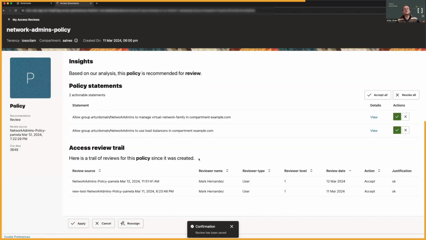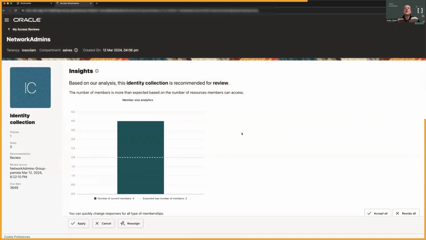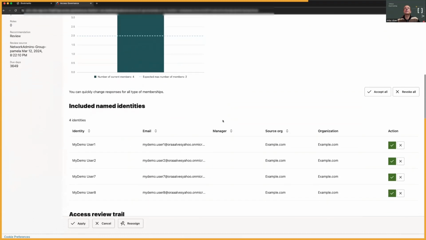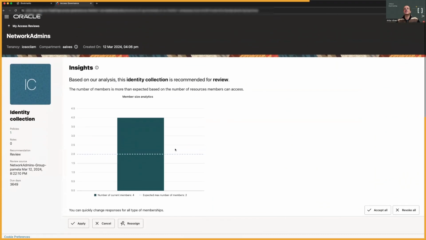So I submit, and in my dashboard, the policy review is completed. I still have another one, which is related to the group membership. So let's look at that one. In this case, the group membership, you remember I showed you, had 4 users as the members.